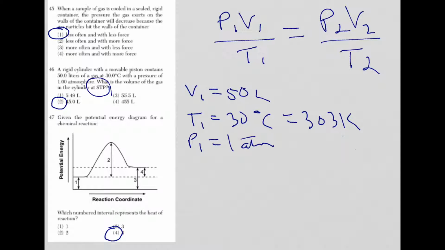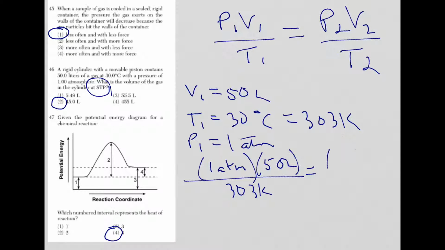Let's plug it in. So I have 1 atm for P1. My V1 is 50 liters. And that's over 303 Kelvin. On the other side, I have 1 atm still. So I could actually cross it out. I have V2 and then 273. So I need to cross multiply and divide here. And when I go ahead and do that, I'm going to have,